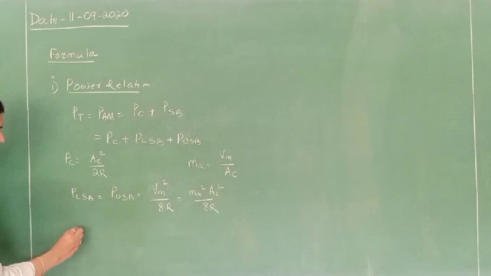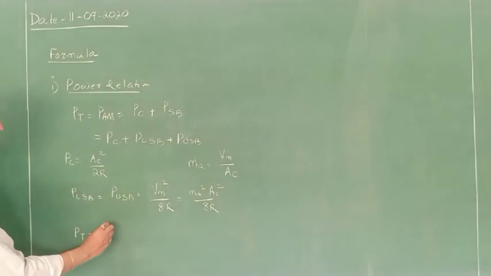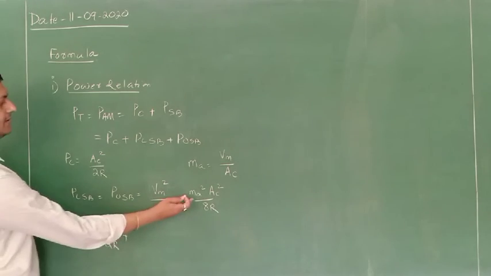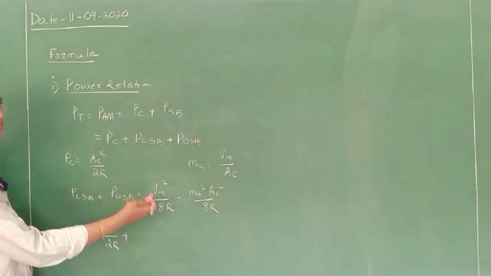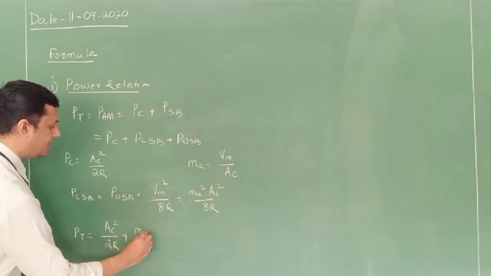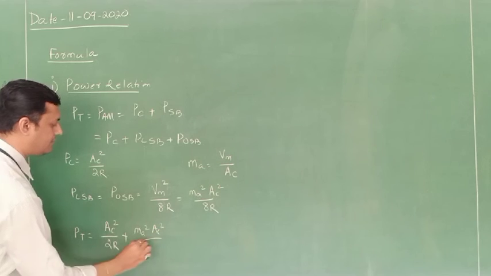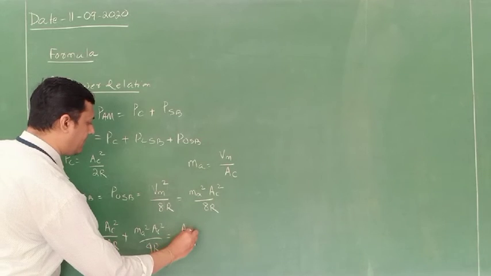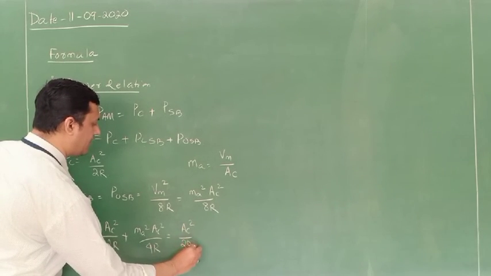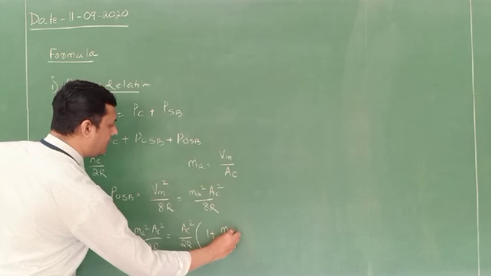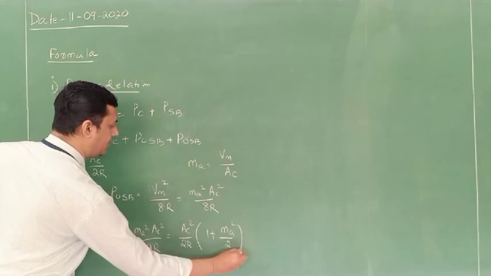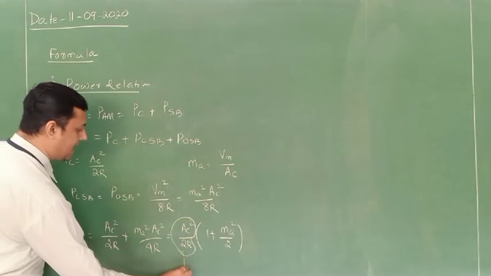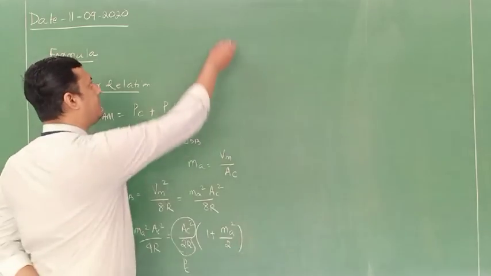Now if I want to determine total power, that means I will write AC square divided by 2R plus these are the two sidebands. You have to add these two sidebands. If you are adding, you will get Ma square AC square divided by 4R, which is equal to, if I take AC square divided by 2R common, 1 plus Ma square divided by 2. Now what is this? This is nothing but our carrier power. So PT